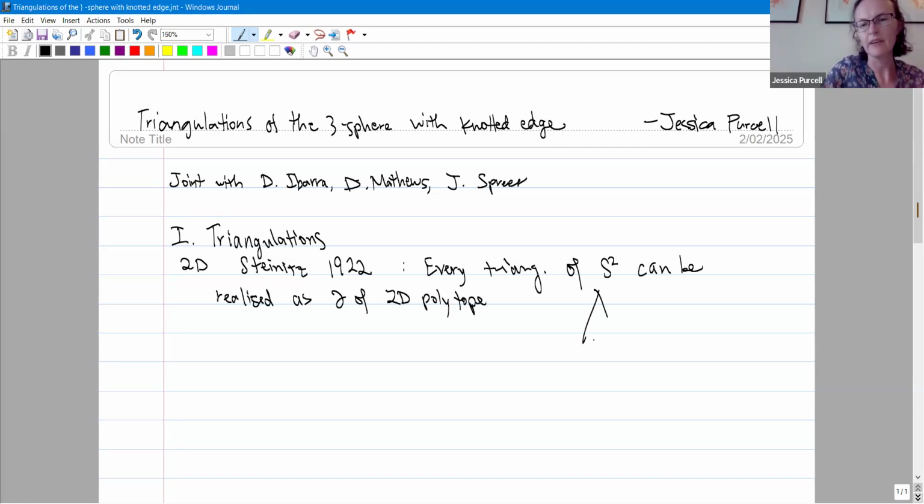That means that, so here's an easy triangulation of a tetrahedron. But if you take any triangulation of the two-sphere, then you can think of its vertices as lying on a sphere, and you can connect lines and create this two-dimensional polytope. So there's a geometric variation of this,